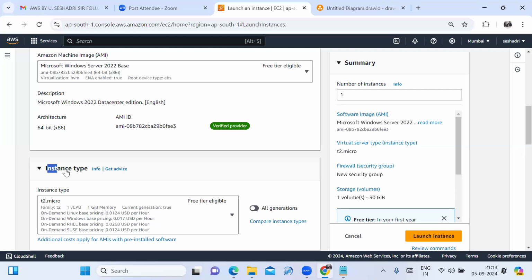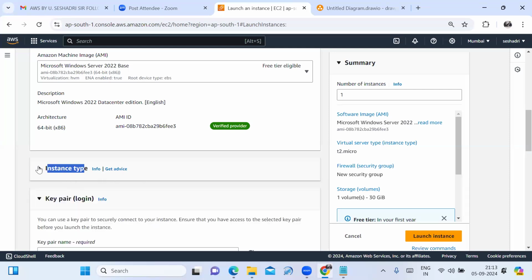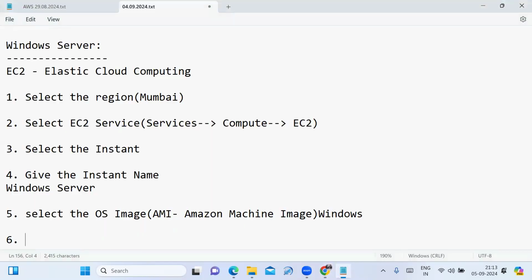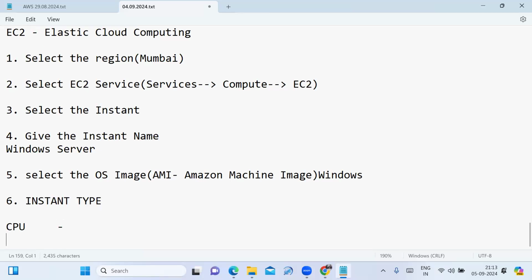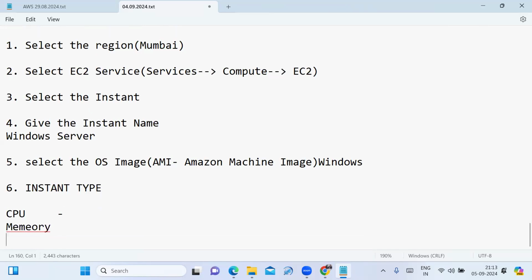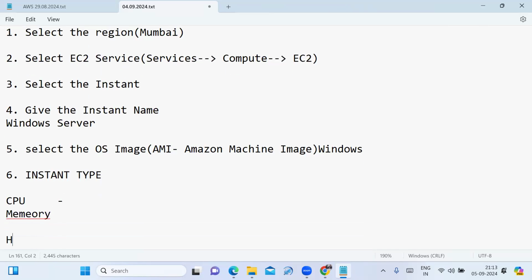Then the next step is you need to select the instance type. Sir, what is the instance type providing? Friends, the instance type provides how many CPUs are required. In any server, three things are required: one is CPU, second is memory, and third is hard disk.